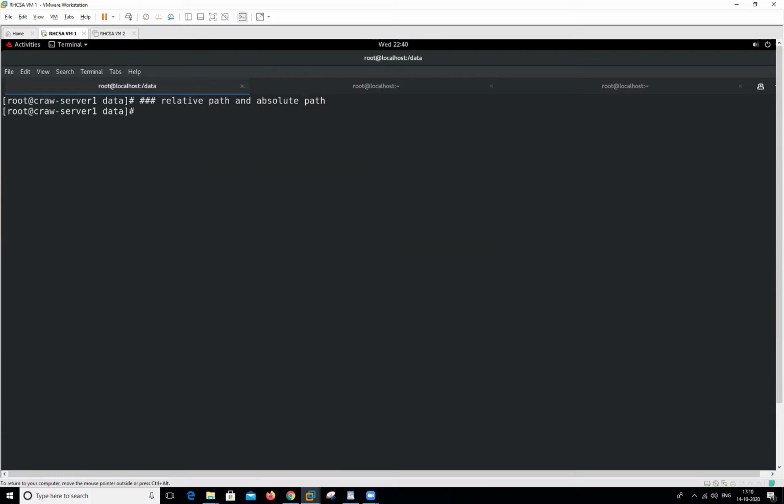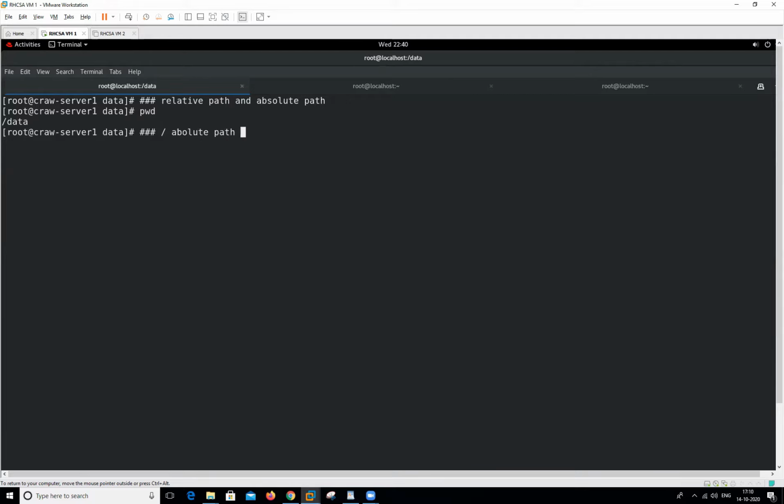When we want to check where we are working, we are working in this particular location and we want to move to another location. So we can use this particular path and we can use this particular path. The path that starts with the slash sign is called an absolute path.